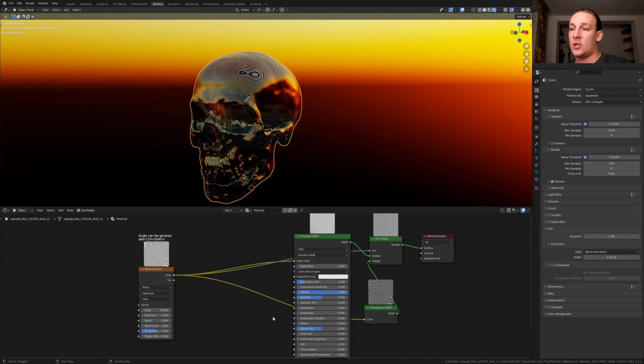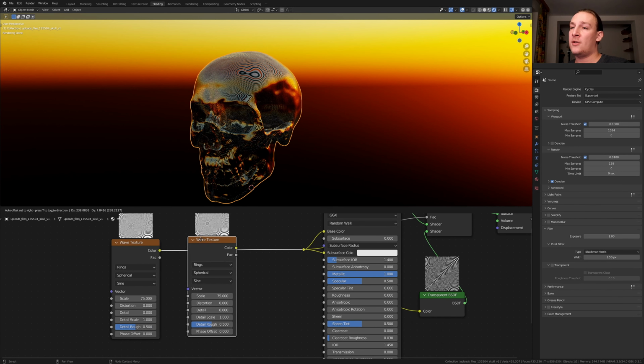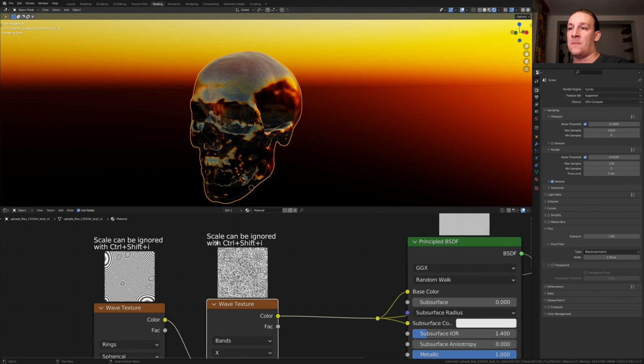Now let's hit Shift and right click and drag over here. Select the wave texture and duplicate it, put it here and set it from rings to bands and make sure it's set to X. Set the distortion to 1,